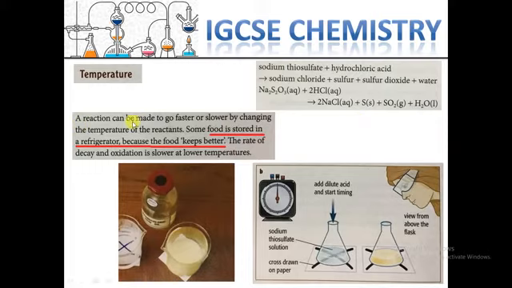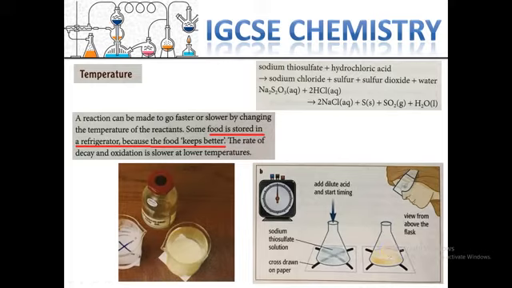So a reaction can be made to go faster or slower by changing the temperature of the reactant. If we put heat, the reaction will be faster, and they react to each other,